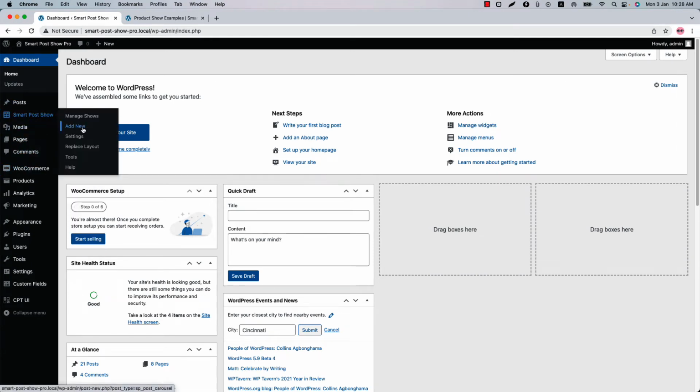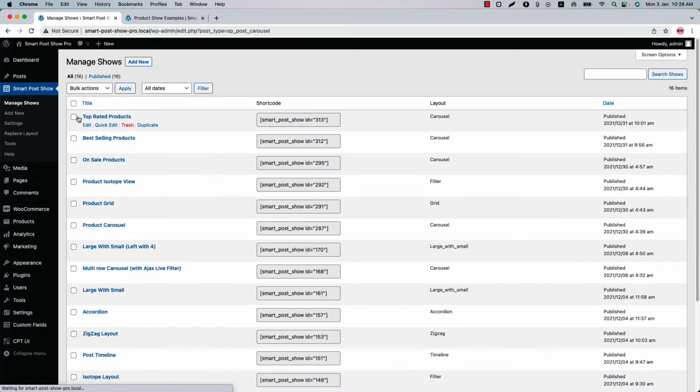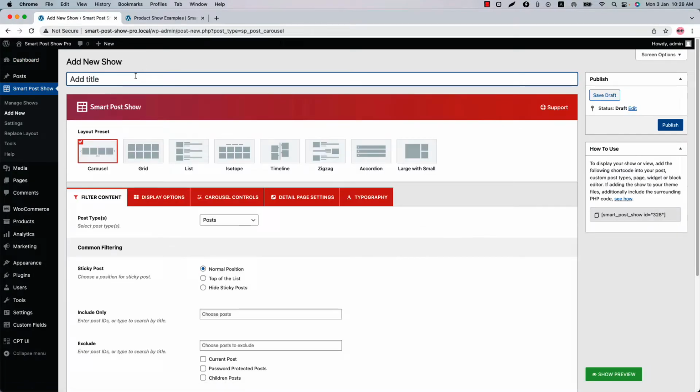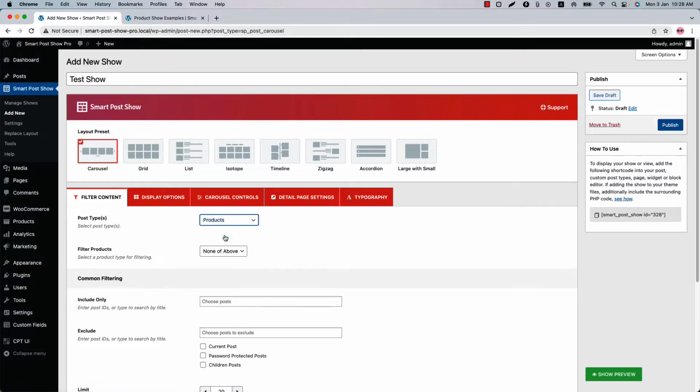You can directly click on Add New, or you can click Manage Shows and then click Add New to create a new show and give it a title. Go to the filter content and select post type as products. When you select post types as product, you will get a few product related properties to be configured in the plugin display options. Before moving to the display options, let's have a look at the live preview to see how